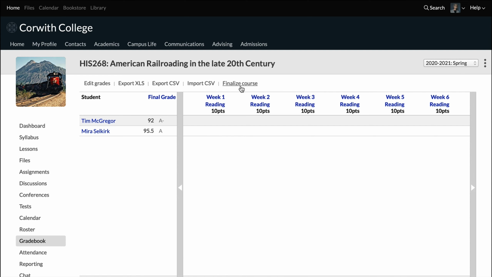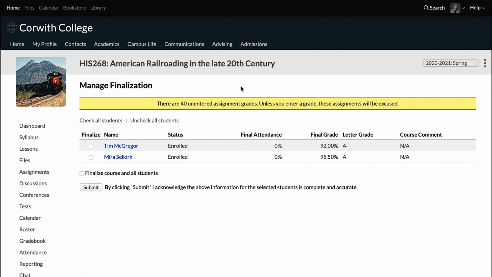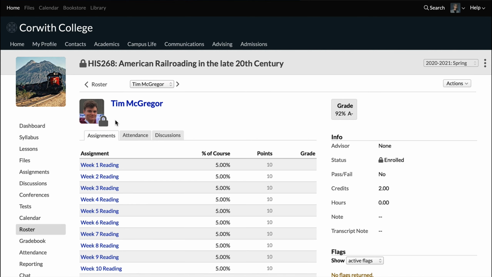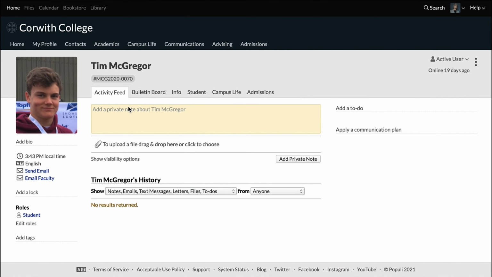You can do that here or over on the settings tab, which shows up in either place. In this instance, I'm just going to finalize the course for all students, but you can also choose to finalize individual students there. You hit submit, and now this is a finalized course, which means if we go back to Tim's profile here,